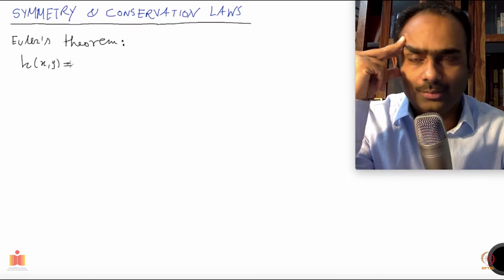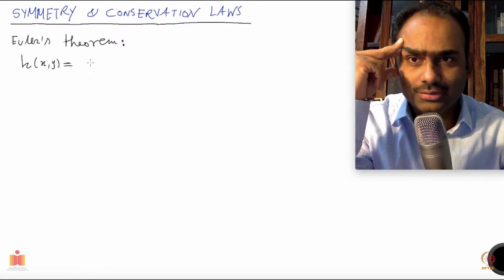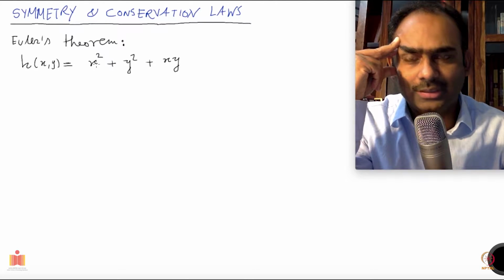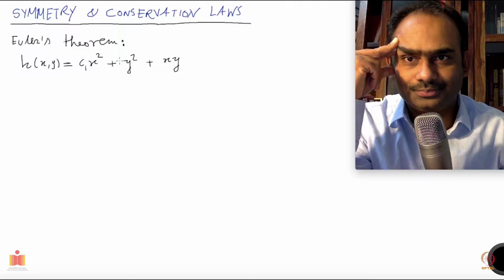So h is a polynomial of degree 2. I could have something like x square, y square plus xy. You can multiply some coefficients here.